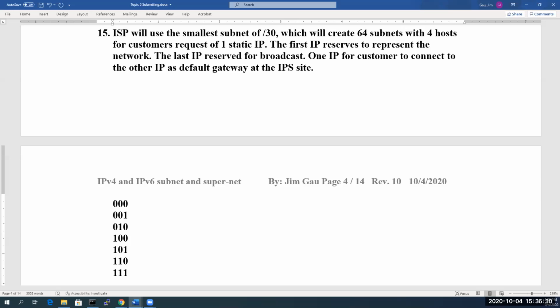I think I missed one of them here. 0, 1, 2. Oh, I don't have 3. Okay, so I'm going to do it here. 0, 1, 1. Right? Okay. So if you take a look at this,